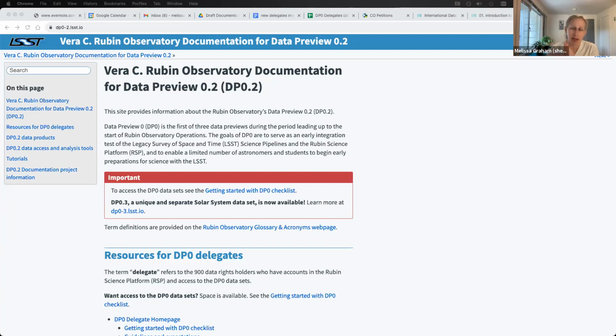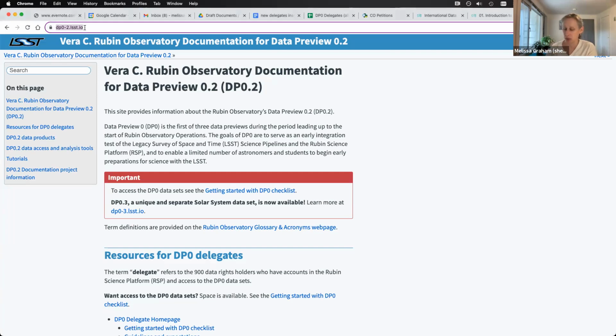I only mention that today because it's the Data Preview 0.2 set of documentation, which is what you should be seeing on your screen right now, because I'm screen sharing, at dp0-2.lsst.io. It's in that set of documentation that we still have all of the getting started resources for new delegates. So we're actually starting in that documentation today, but then we'll move over to more about DP0.3. If you come to this link, dp0-2.lsst.io, the first thing you see is this